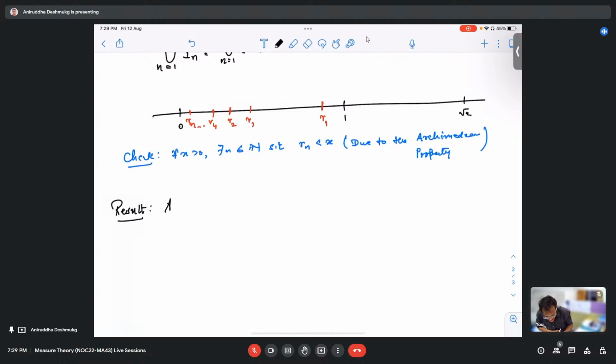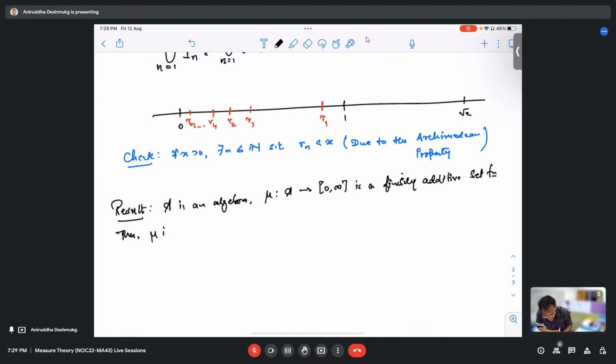The result was that if A is an algebra and mu from A to [0, infinity] is a finitely additive set function,